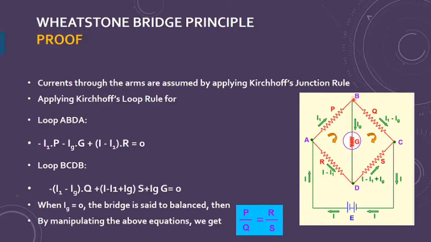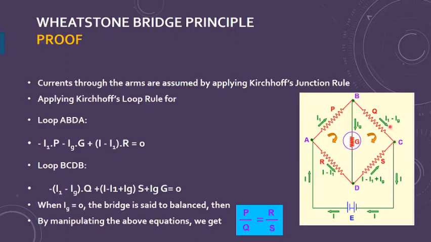Similarly, if I move ahead to junction B, current I1 is coming to this junction, and I suppose IG is the current flowing through the galvanometer, then I show IG in this arm, and the rest of the current, I1 minus IG, will go in the arm BC. Similarly, at junction D, I minus I1 is coming and IG is also entering, so all these get added for this arm DC, which comes out to be I minus I1 plus IG. And of course, you can verify at junction C.